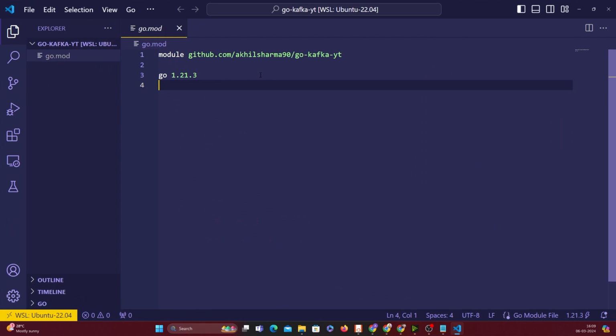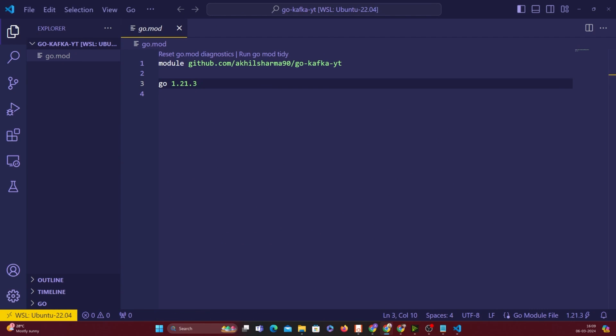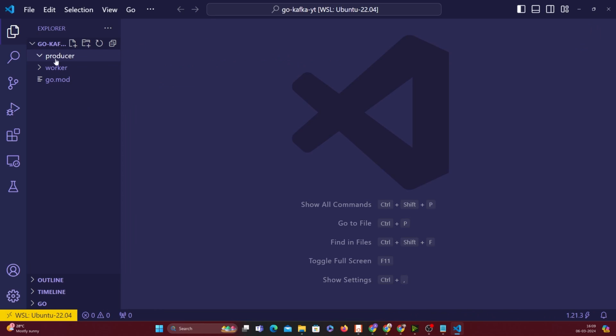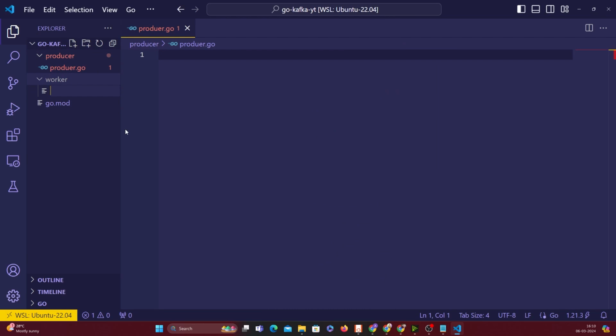So I have the go.mod file here with me. And I'm going to create 2 folders. One is the producer, the other is the worker or the consumer. And in the producer folder, I'm going to create a file called producer.go,